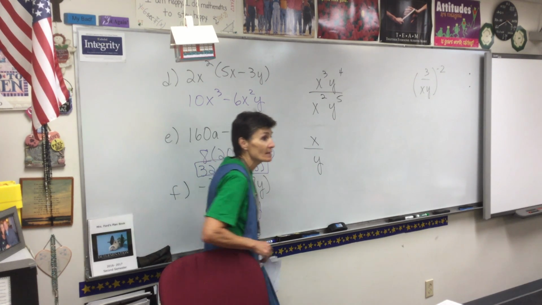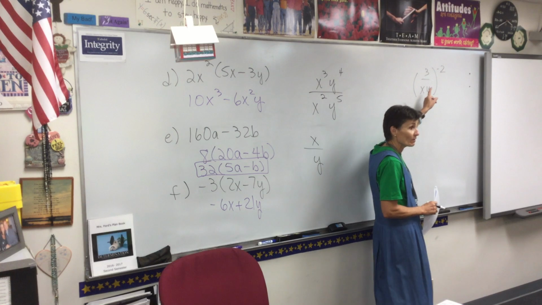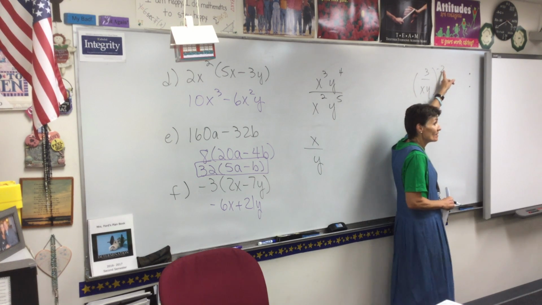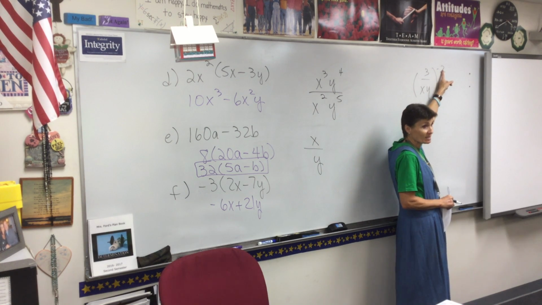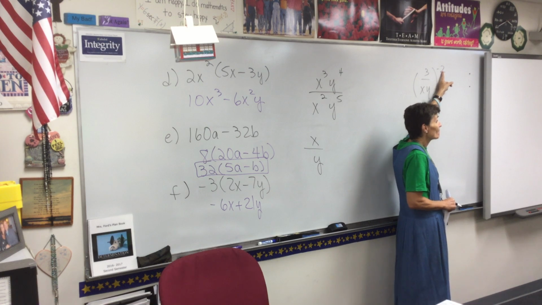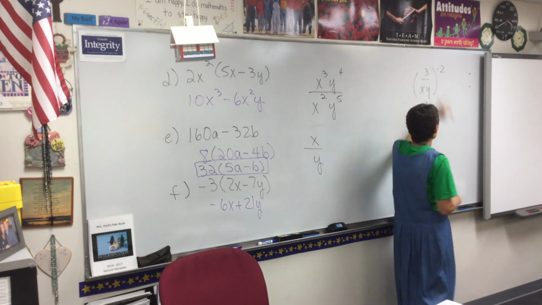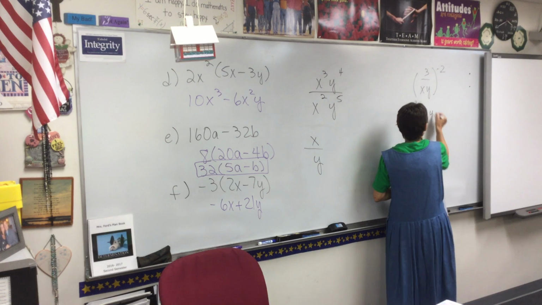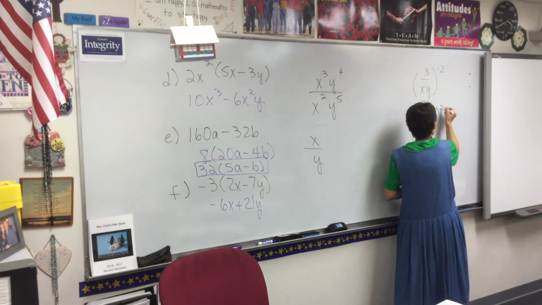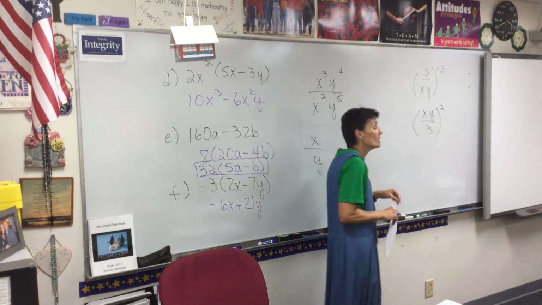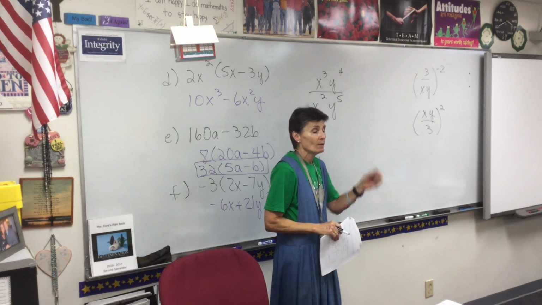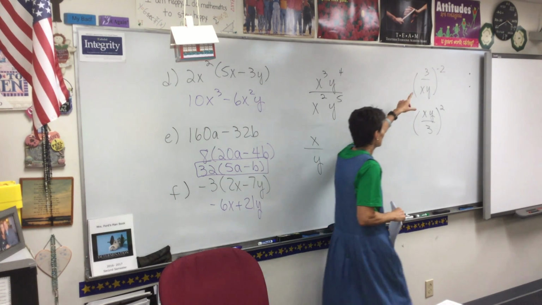You flip it. Does everybody remember that? Very good. Does everybody remember that when you put a negative exponent on a fraction, it flips the fraction over? Now, it still stays to the second power, but now it's a positive 2. We flipped it because of the negative